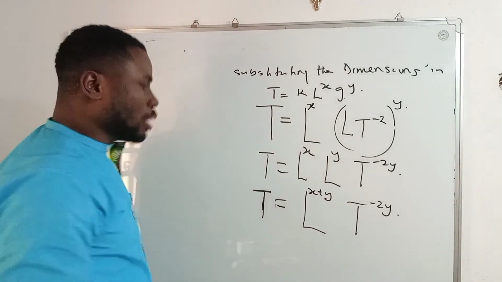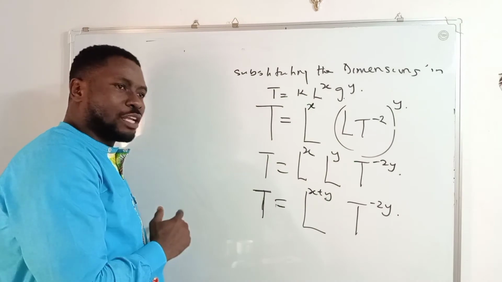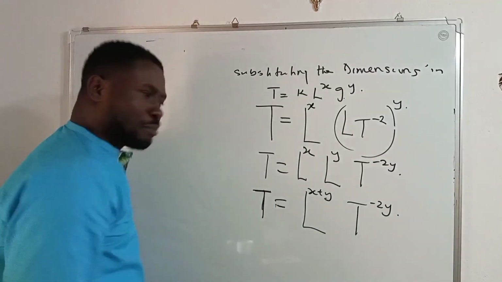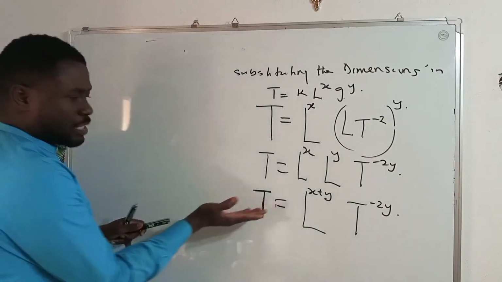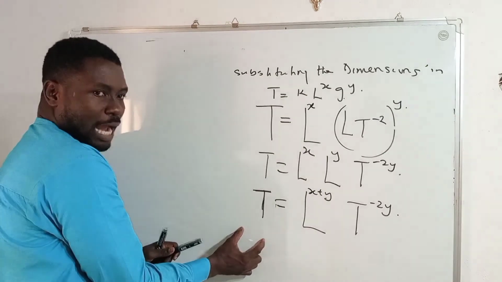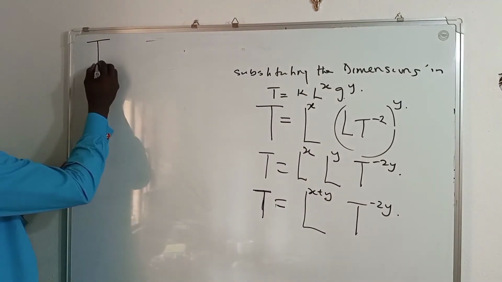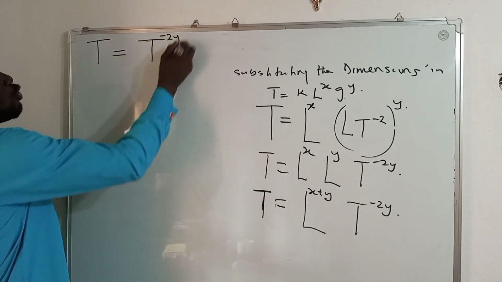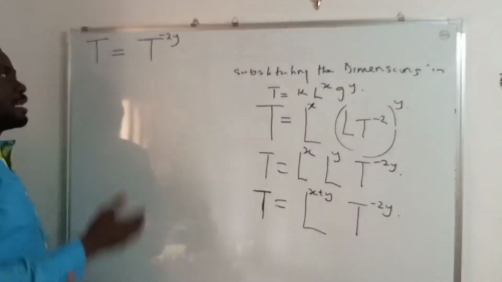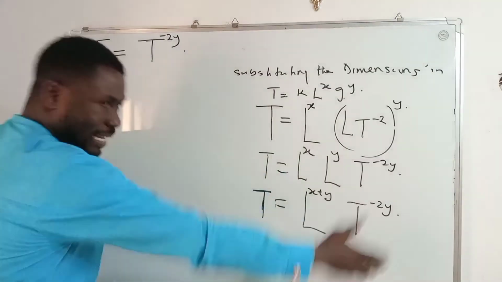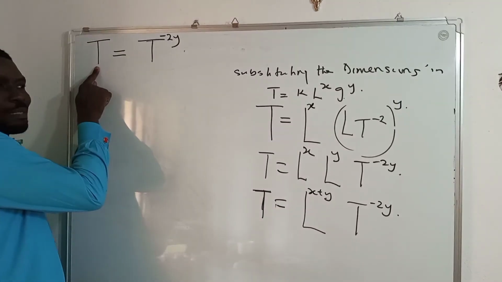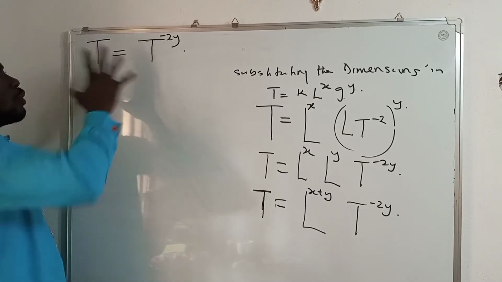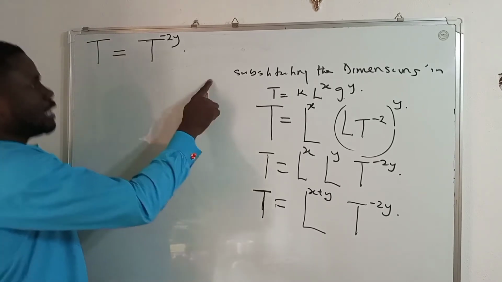At this point, I told you earlier that dimension at the left-hand side of an equation must be equal to dimension at the right-hand side of that same equation. So what that means is that T at the left-hand side, look at this equation now from here. We have a capital T at the left-hand side. So I will say capital T at the left-hand side is equal to capital T at the right-hand side, which is raised to power minus 2Y. Because we said dimensions at the left-hand side must be equal to dimension at the right-hand side of an equation. So this dimension, capital T at the left-hand side, is equal to capital T at the right-hand side. Now, when you have done this, this now takes you to indicinal equation.